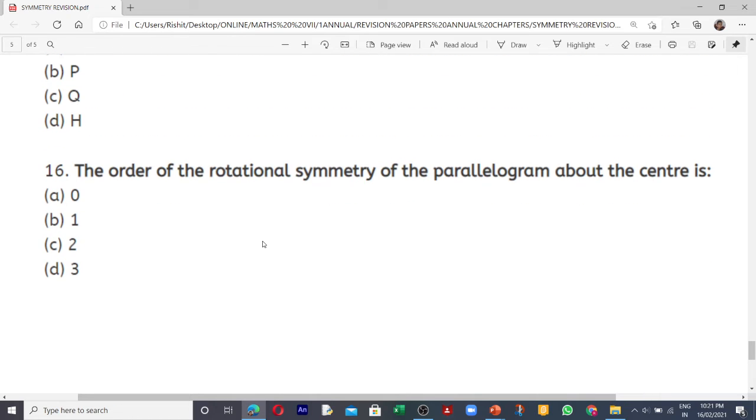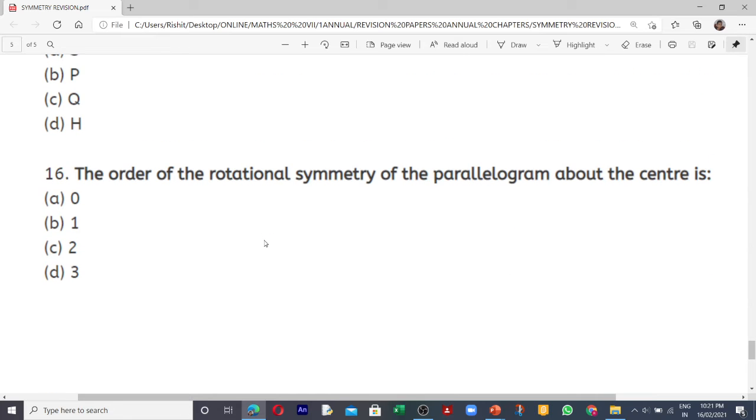Now 16 is done. So this is all about your question. Total 16 questions are there in symmetry, children. Okay, so now what we have to do, now we will switch to this. Please write down question numbers till 16 and you will check it accordingly.